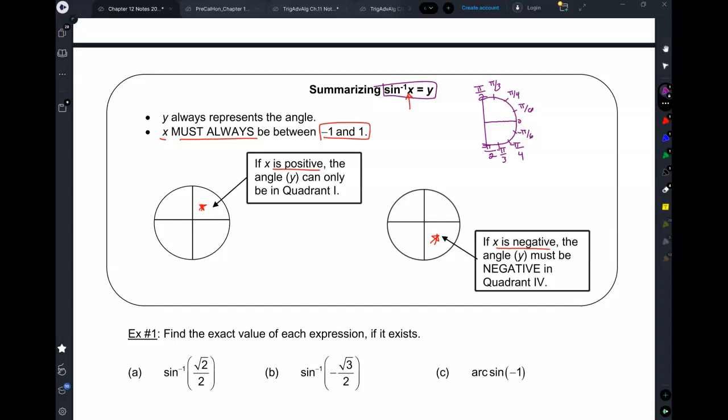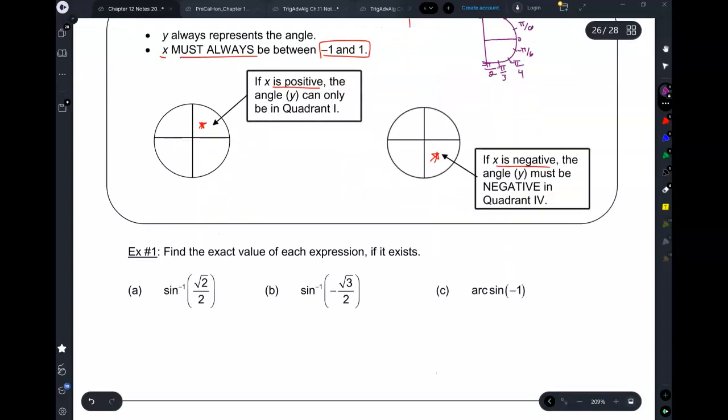Okay, these are the only 9 angles, the special angles, that exist in the world of inverse sine. So when you're dealing with inverse sine, your answer can only be one of these 9 angles. Is 2 pi over 3 one of these 9? No, so it can't work. Is 3 pi over 4 one of these 9? Can't work. What if you get inverse sine of pi? You won't, because